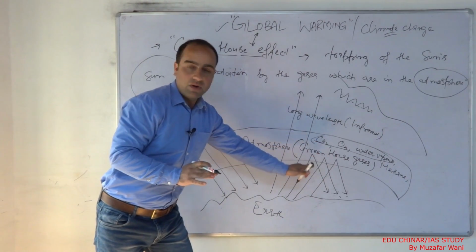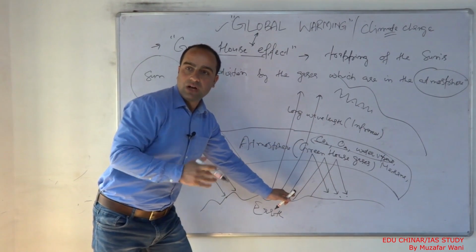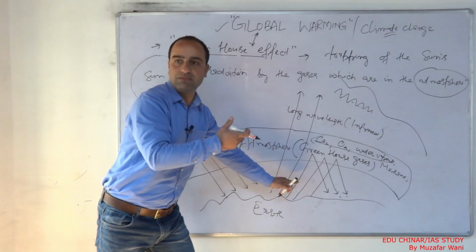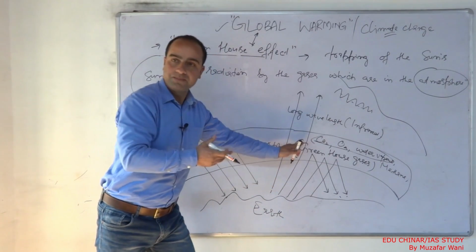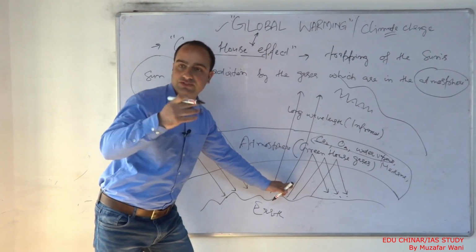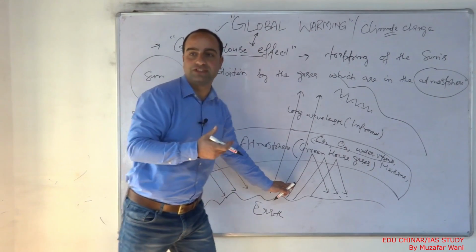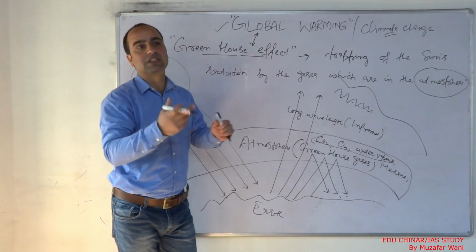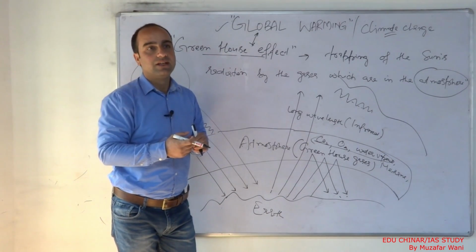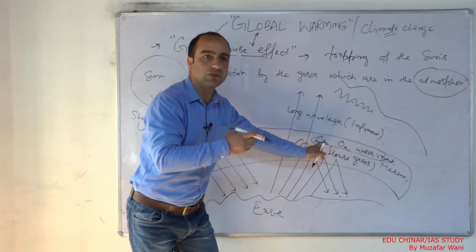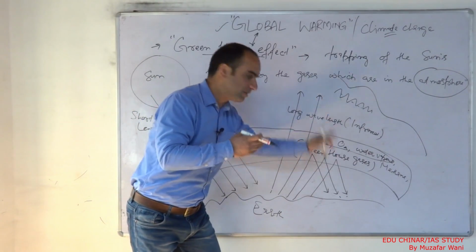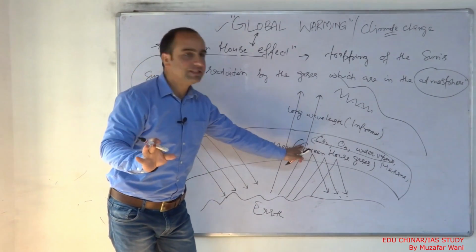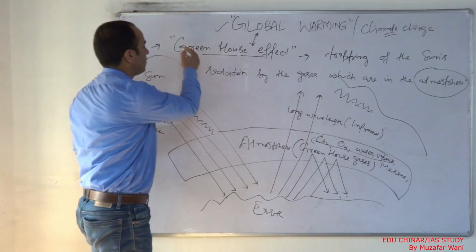When they absorb some part of outgoing solar radiation, this solar radiation of long wavelength, when they are able to trap this, because this infrared radiation, this outgoing radiation is not able to directly go back towards the atmosphere, towards the space. बिकॉज यहाँ पे जो कुछ गैसेस होते हैं वो इसको ट्रैप करते हैं कुछ पोर्शंस को, और वापस वो उसको अर्थ की तरफ जो है धक्का देते हैं। नाउ दिस इज इंपॉर्टेंट, दिस ग्रीन हाउस इफेक्ट इज इंपॉर्टेंट।